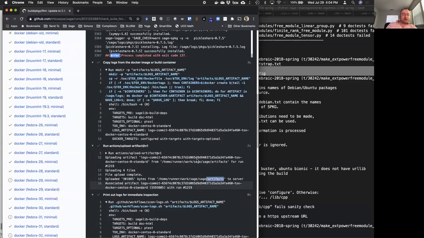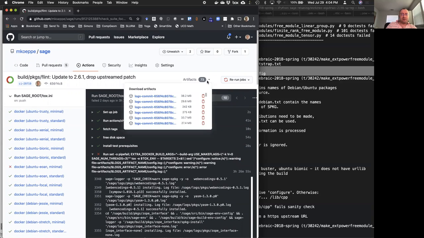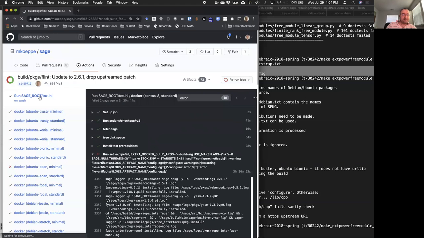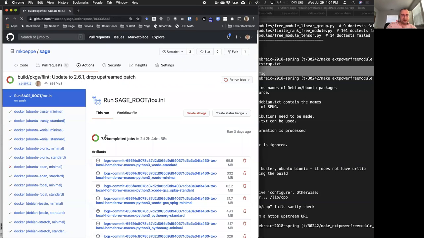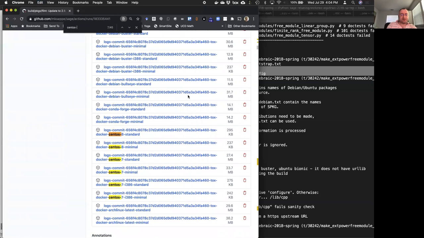It's uploading stuff, and that's available here. But this is not a very good interface because these names are too long and they're always truncated. So a better place to find it is again on this overview page, Sage root here. And again, let's look for the CentOS 8 standard. You see there's always an